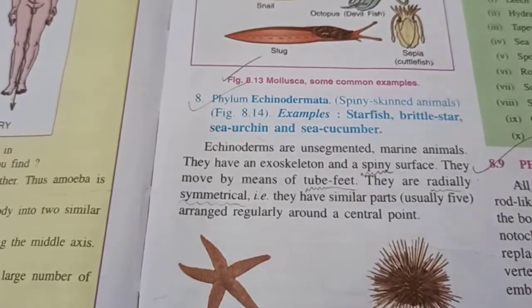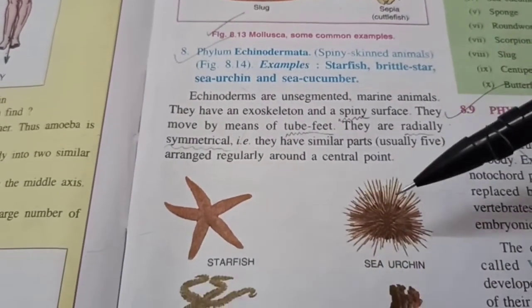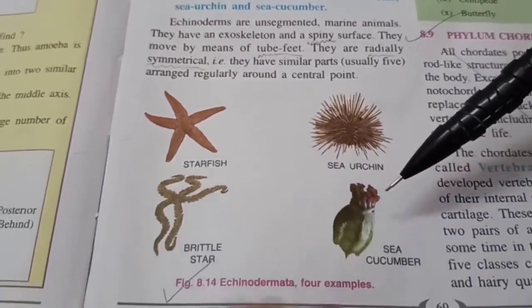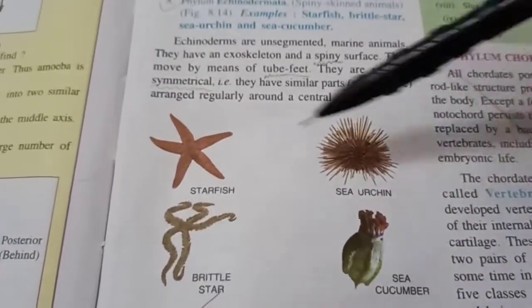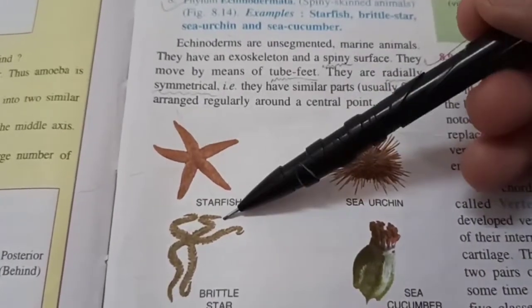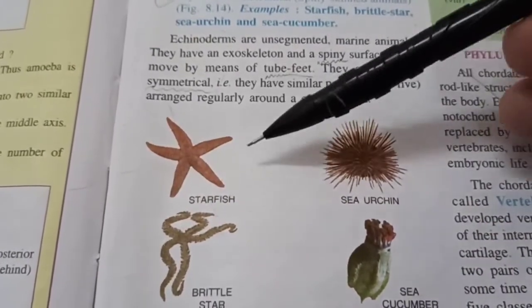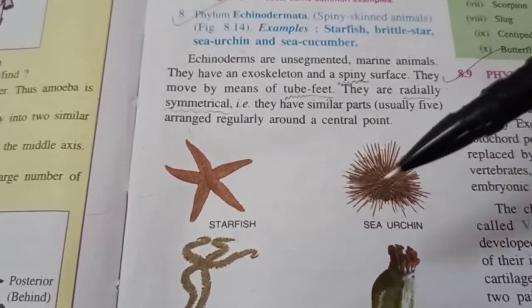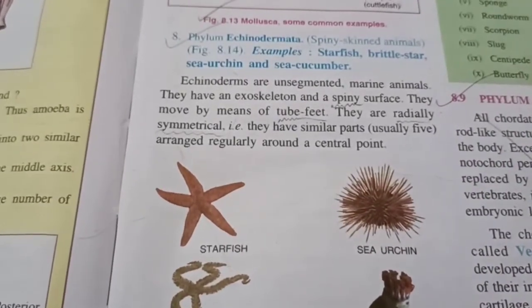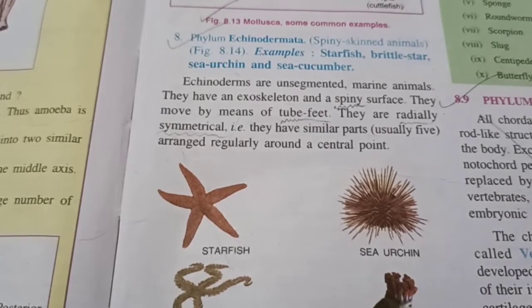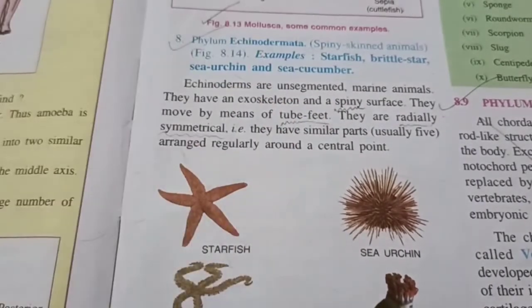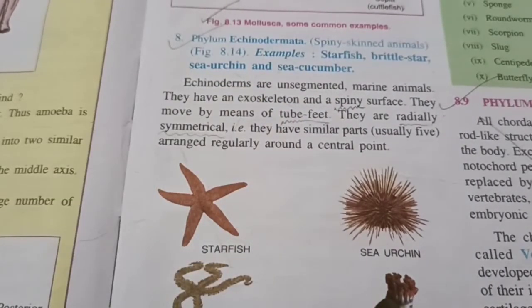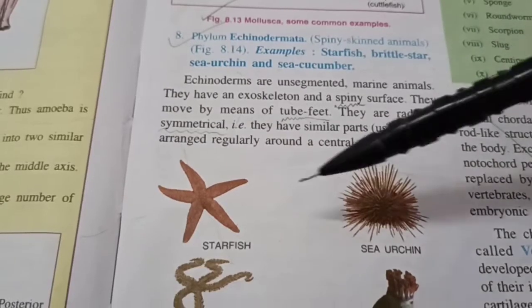Next, Echinodermata, spiny skinned animals. Starfish, sea urchin, sea cucumber, and brittle star. This is not a fish, by the way. What's common in all of them? They're all radially symmetrical. So if you draw an axis here, they look the same, LHS and RHS. And all of them have tube feet. Have you ever seen a starfish climbing on the glass walls of their vessel in which they are in an aquarium? They have tube feet, that is they can stick and climb with the help of their tube feet. Even octopus has it, of course. And all of them have a spiny surface. Their mouth is in the center, by the way.